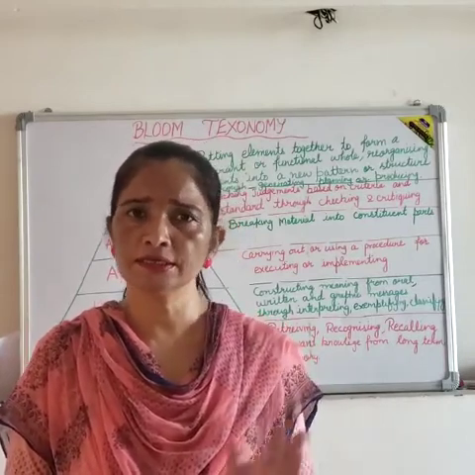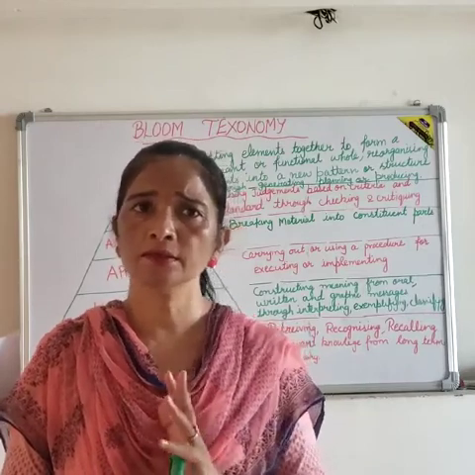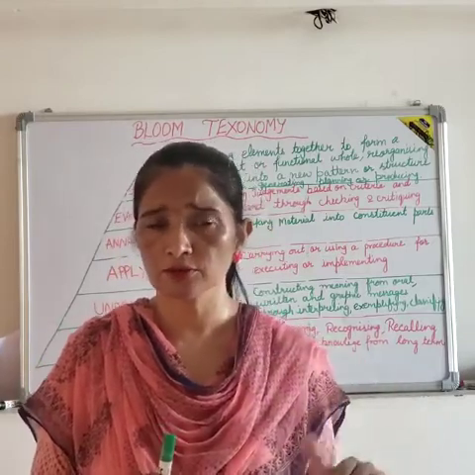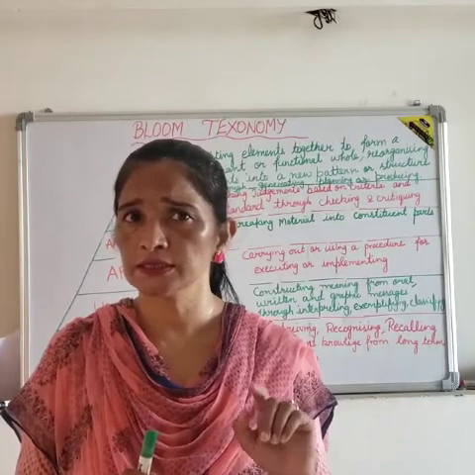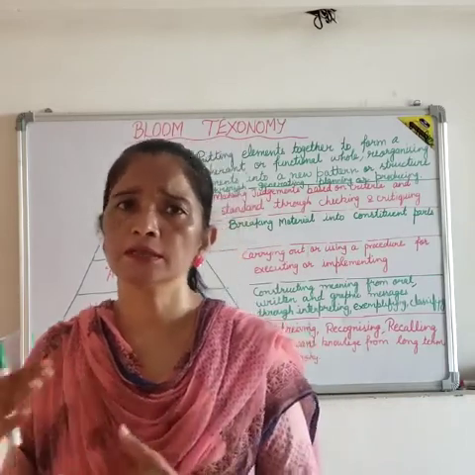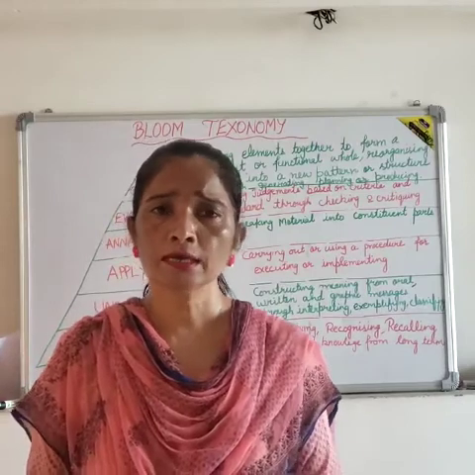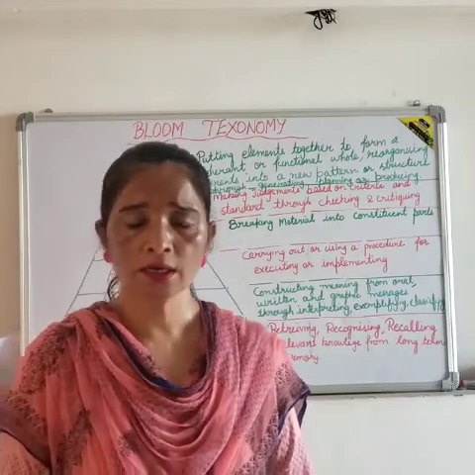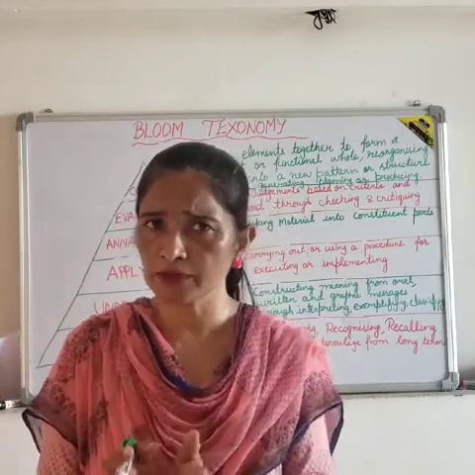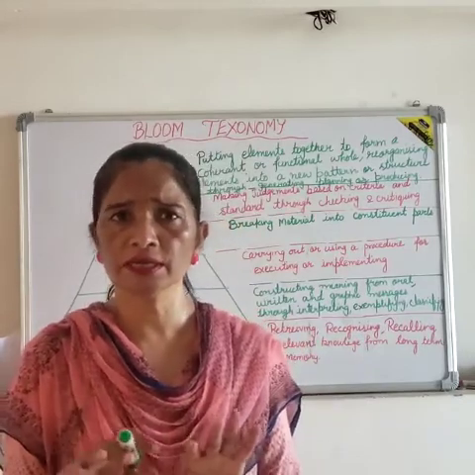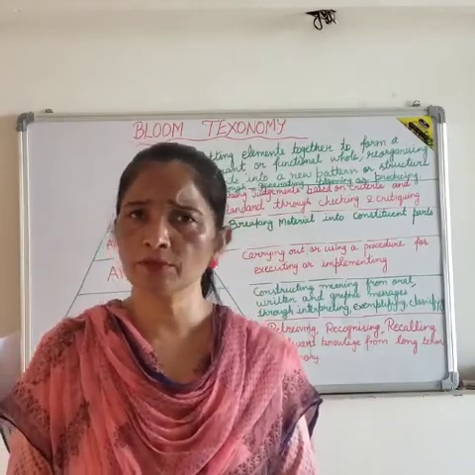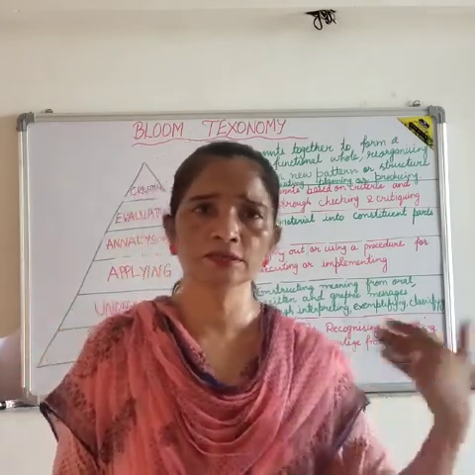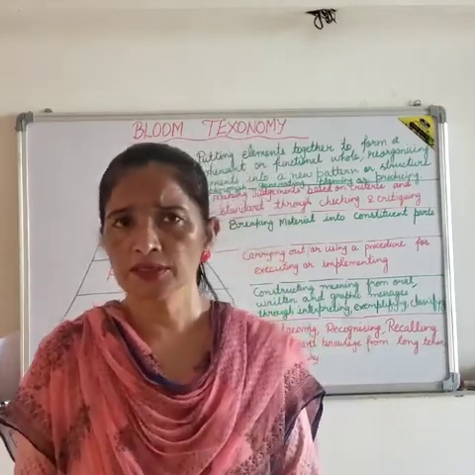Bloom's taxonomy is that it is pupil centered, learner centered. That is, when a student enters an educational setting, the teacher has to see his skills, attitudes and beliefs, and how he can change them. Second is knowledge centered. That is the knowledge which he has gained, whether he has gained it or not. And third is assessment centered, and why we evaluate for a particular question is to see whether he has changed or not. And fourth is community centered. That is, with the knowledge which he has gained, he can use it in his community because people learn from each other.